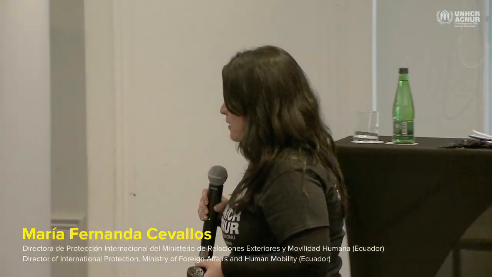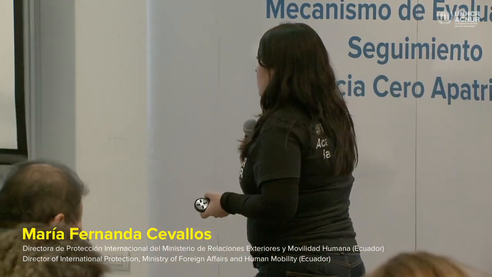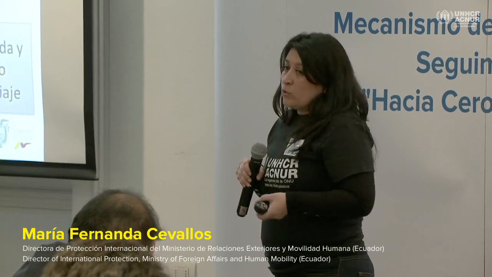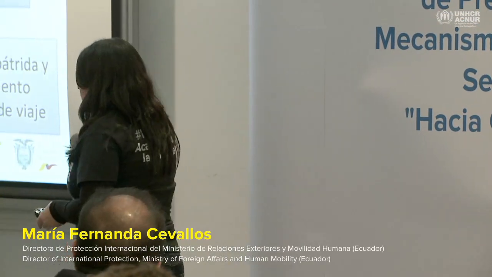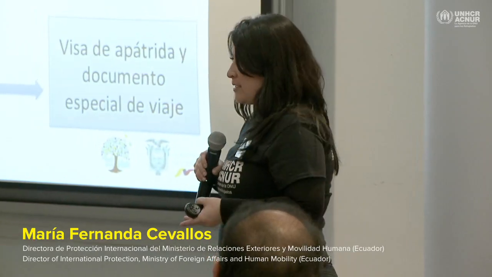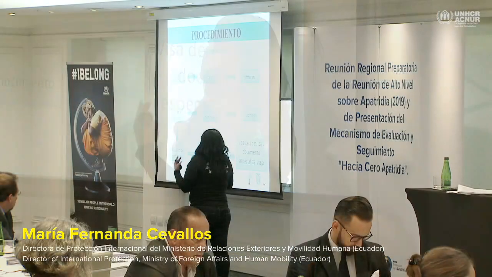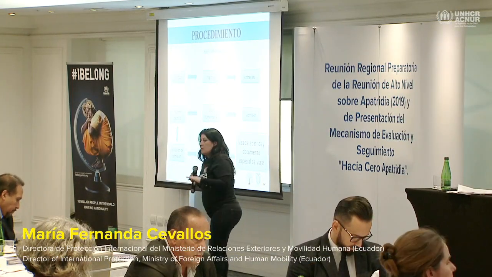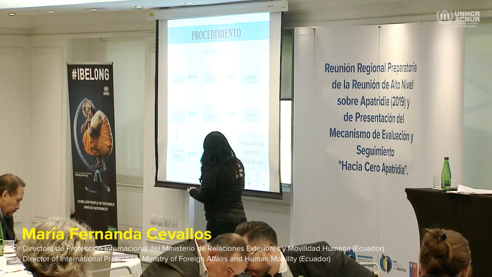Before this organic law of human mobility, the commission consisted of the Interior Department, the Justice Department, and a representative of the Foreign Affairs Department. As of this new act, the responsibility is on the officers of the Foreign Affairs Ministry exclusively, and this allowed us to streamline the ability to respond to these requests in a better manner. And the Commission does the evaluation, and they either acknowledge the case or deny this request.